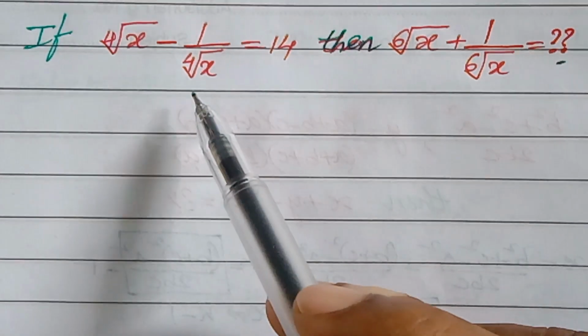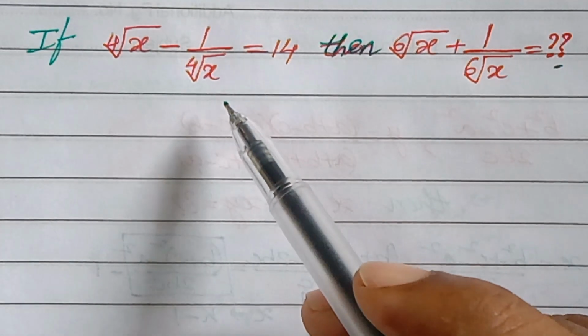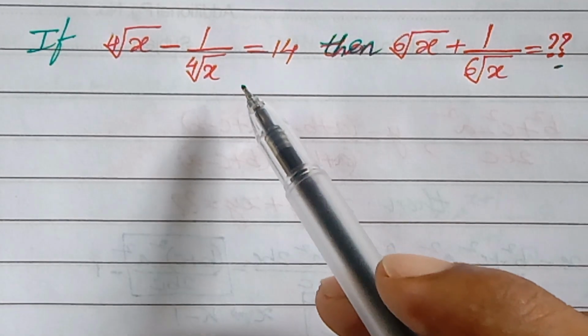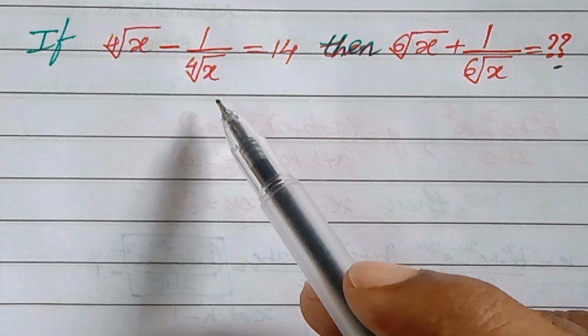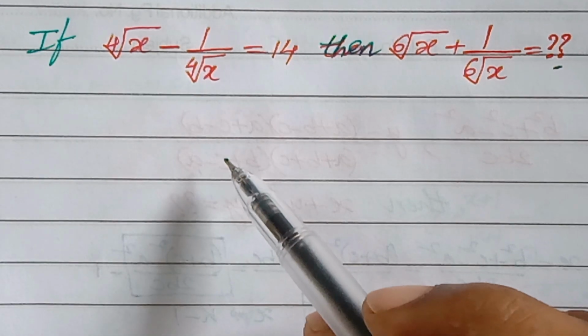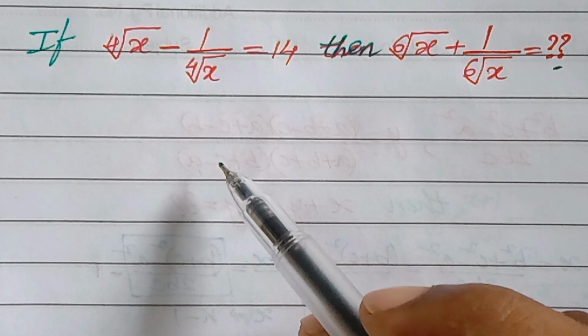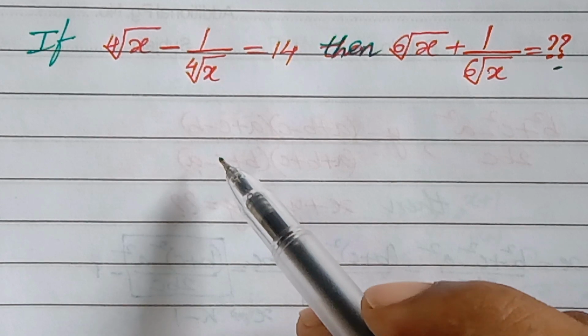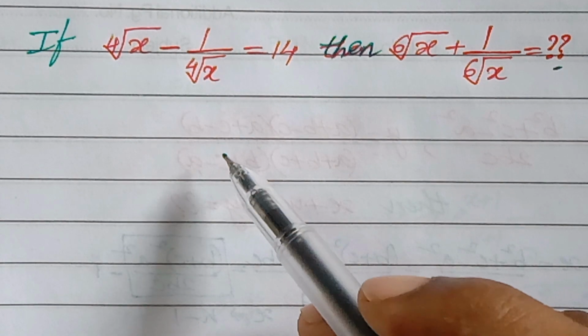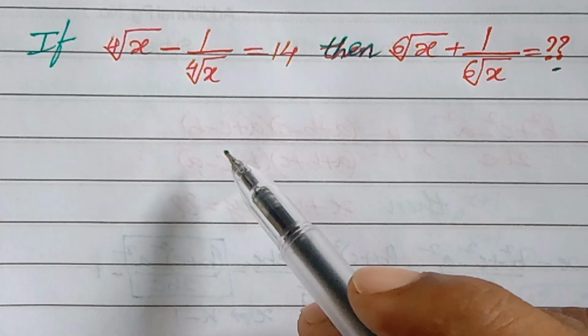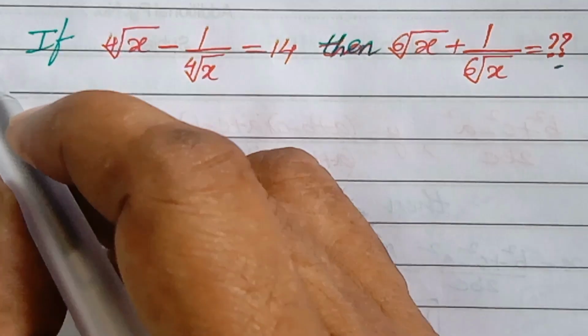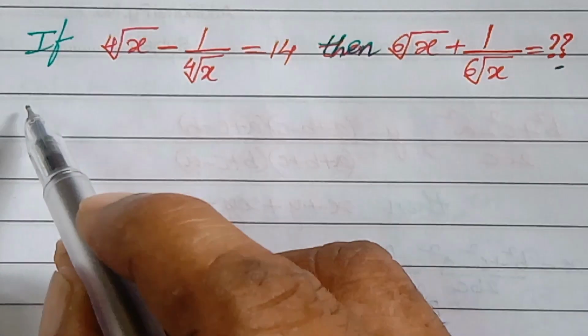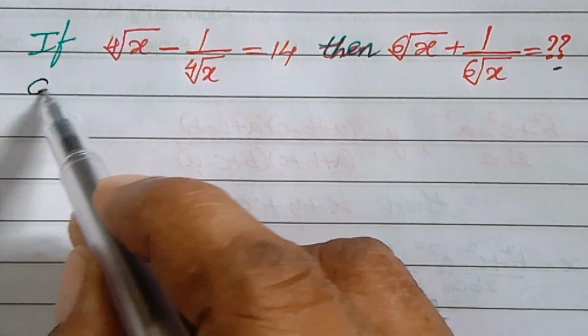Okay, how to solve this problem? Here is a very simple concept: squaring on both sides and then applying one logic. So we'll get the answer very easily. Here we'll get rational and irrational values of x. At last we'll get the solution. So here, first of all, we'll take the given